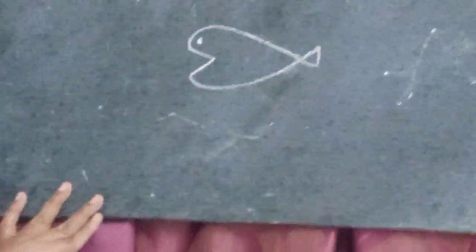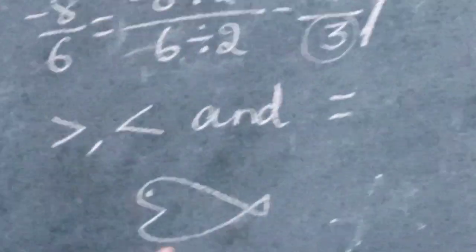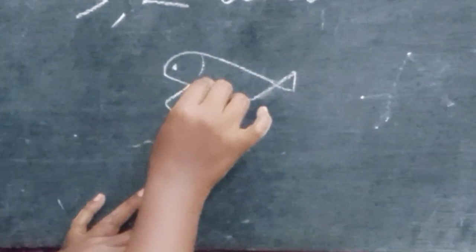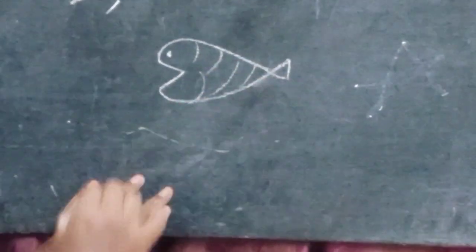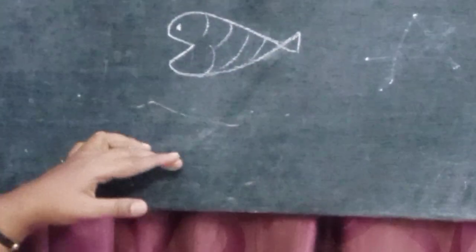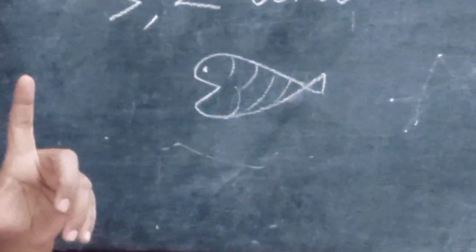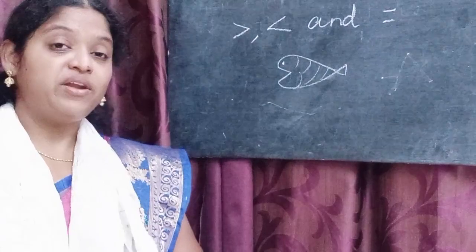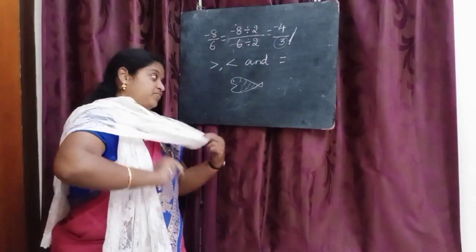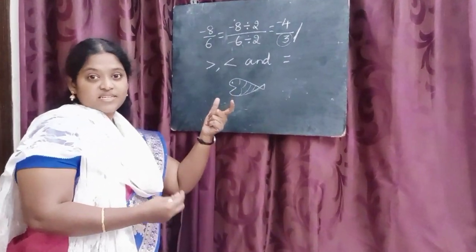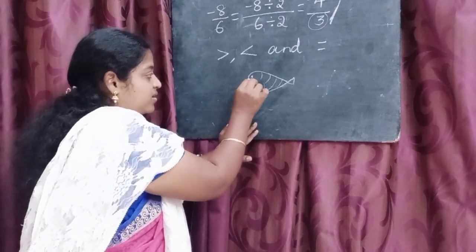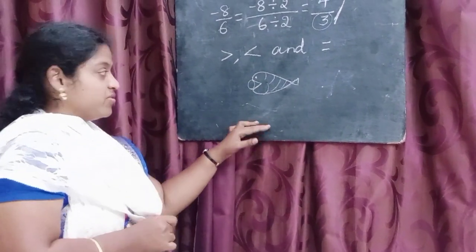What is this? Observe this. This is like one fish, okay? Fish mouth is opened wide. Opened wide means it will take the food properly, correct? It can take the food properly. So big things it can take. Food, whatever you give. Understood?